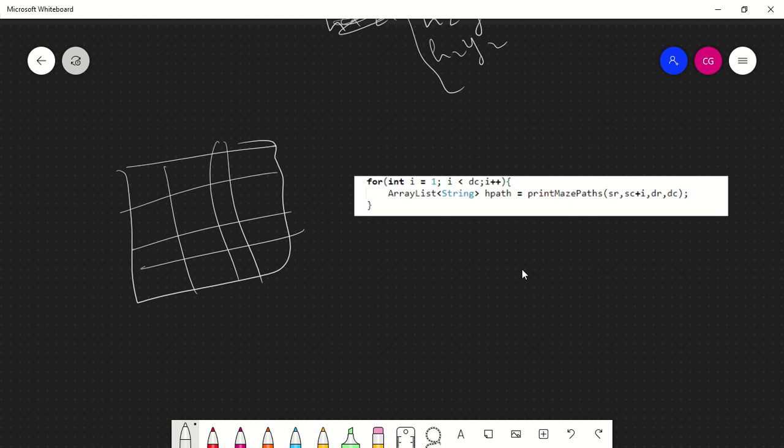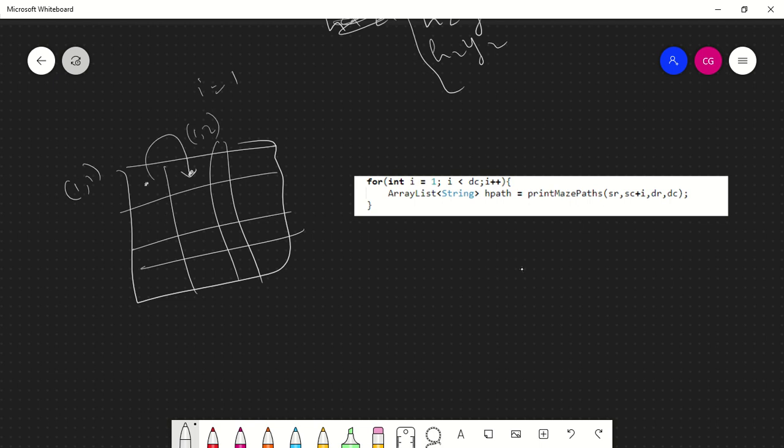In each step, from here, for i equal to 1, i less than dc, when i is equal to 1, you are coming over here, because sc plus i, initially this is 1 comma 1, so you are coming to 1 comma 2, and from there you are calling a recursive function.